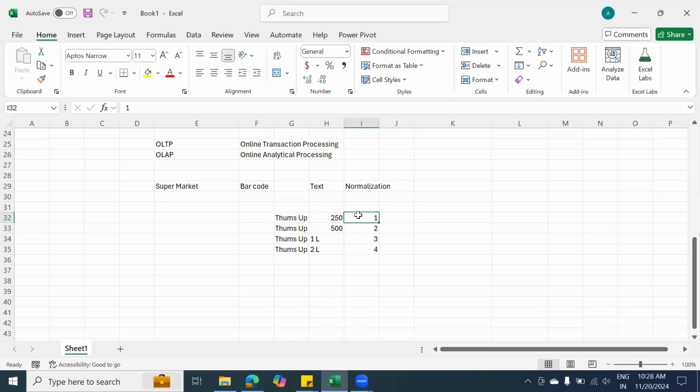Which one will take more time? Obviously with text. Now, instead of using the text, if I search with a number, the transaction will be done really quick. So what do we do? We try to assign an ID to each and every product, and for transaction purposes, we will use these IDs. Am I clear? So now, when you store this kind of information, let's come here.